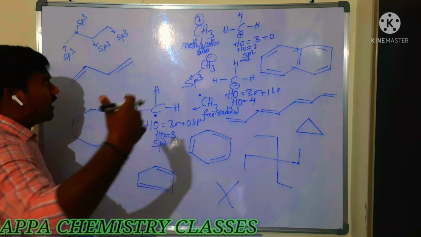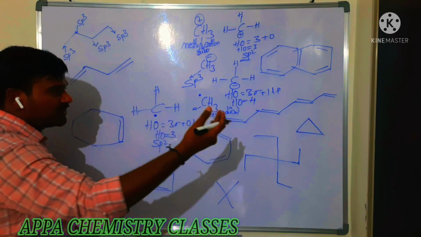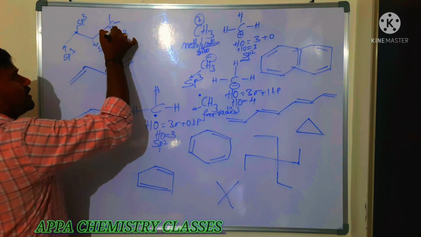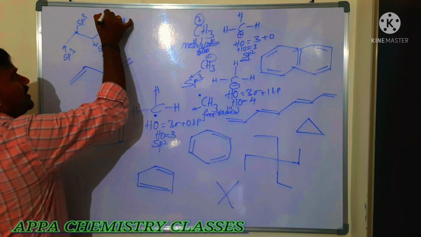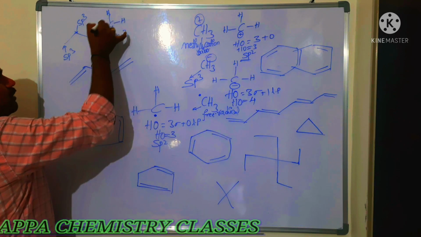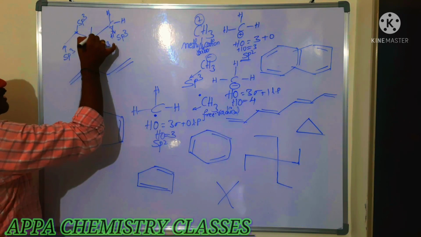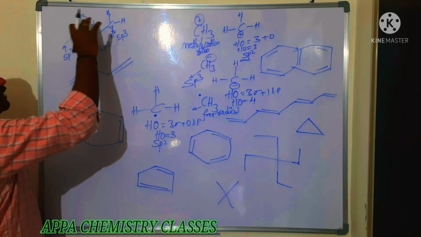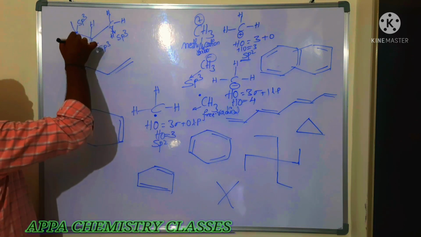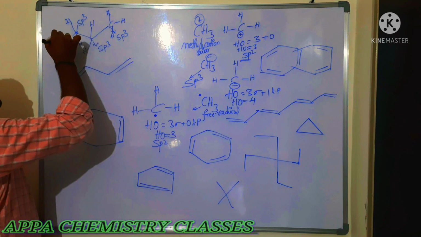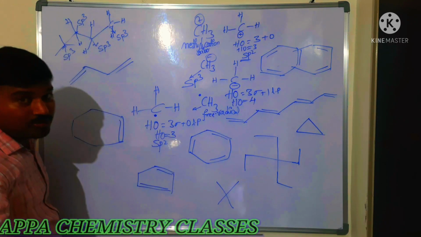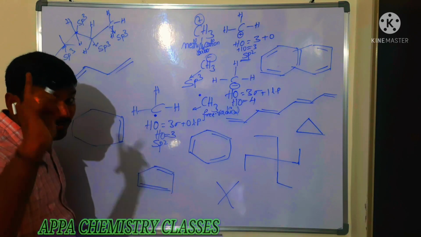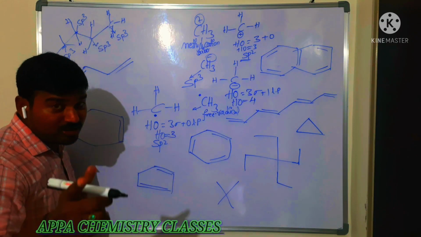Or else, if you want to write it formula-wise, the terminal carbon indicates CH3, so CH3 has 4 sigma bonds. Here already 2 sigma bonds are there, so 2 more bonds you have to write with hydrogen atoms. Here also 2 more sigma bonds with 2 hydrogen atoms. Here 3. Like that you need to write. If you are perfect with bond line, that is, if you watched that first video properly,